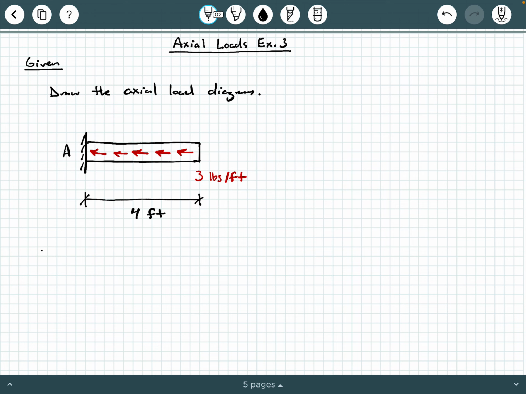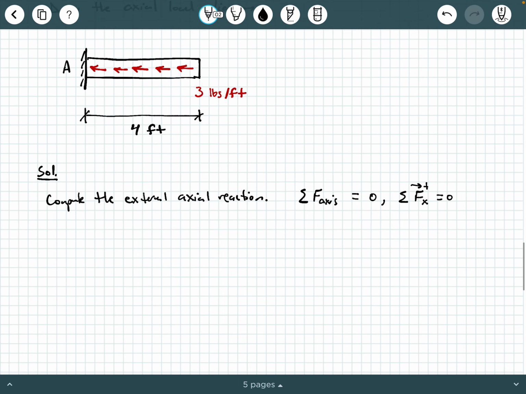All right. So under solution, the first thing we're going to do is compute the external axial reaction. And if you've been watching the previous videos, you know that we have one applicable equilibrium equation for an axially loaded system, and that's the sum of the forces along the axis of the member should be equal to 0. So in this case, we're going to say sum of the forces in the x direction should equal 0. And so if we draw a free body diagram of this system,